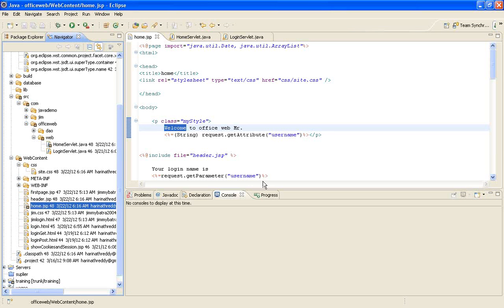Do you know about cascading style sheets? Nilima? Yeah, I didn't write from scratch, but I did some tweaking with the CSS files once. Okay, so you have some understanding. Excellent.